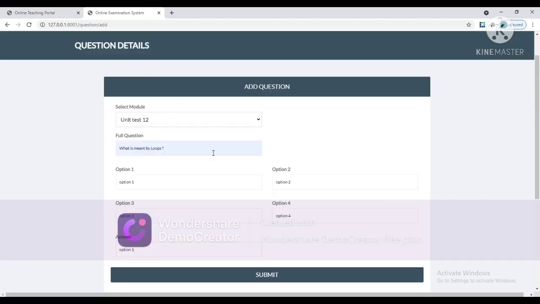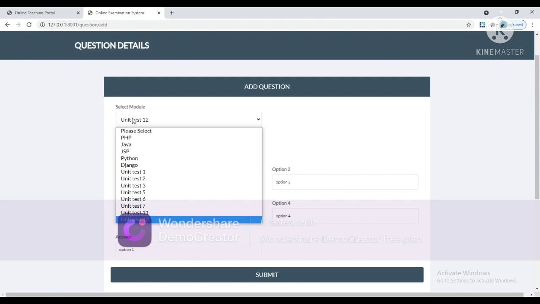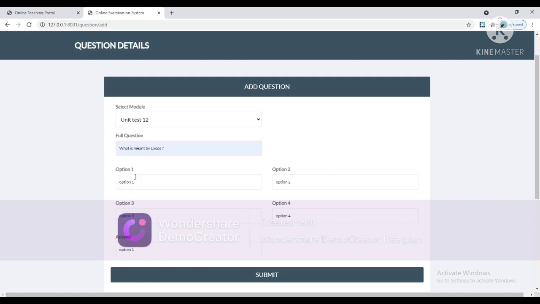And this is the add question. By clicking on this add question button, you will get this page, where you have to select the particular module for which you have to add the questions, and it will ask what the question is. You have to give the proper options for that, so now I'm typing option 1 and option 2, and we are selecting the right answer as option 1.